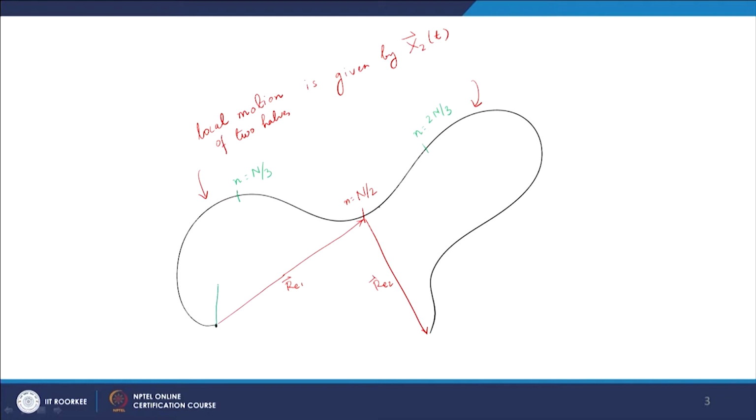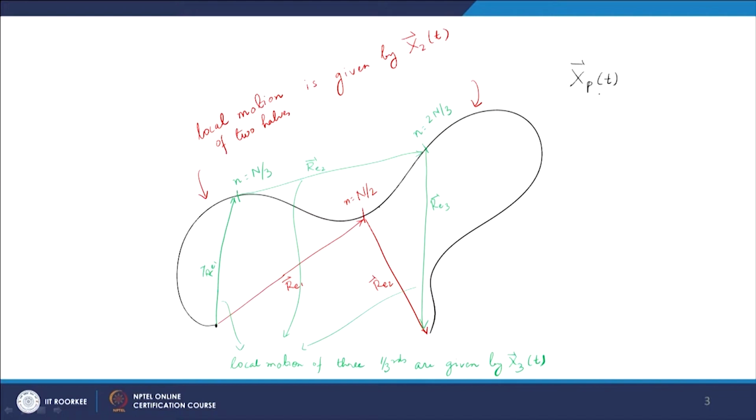So, we now have three polymer chains or three segments, and for these three parts the local motion is given by x3(t). Okay. So, if I extend this kind of logic,